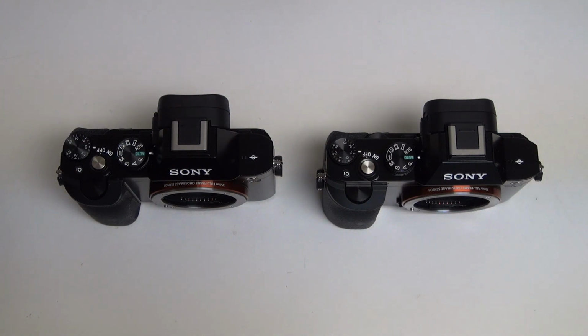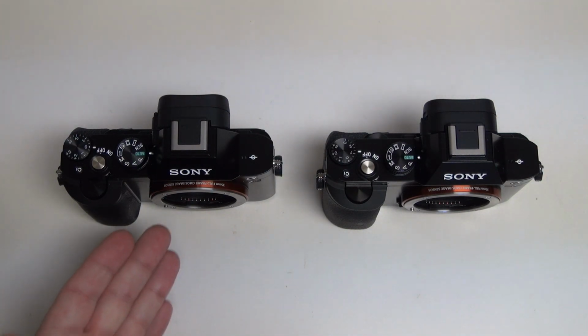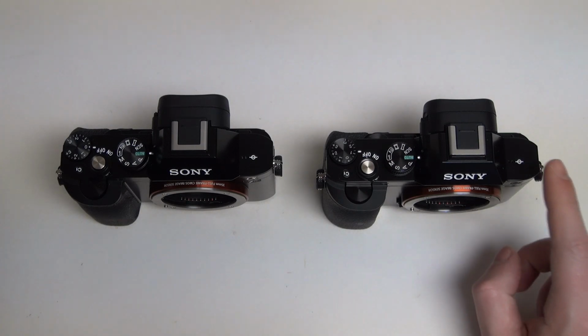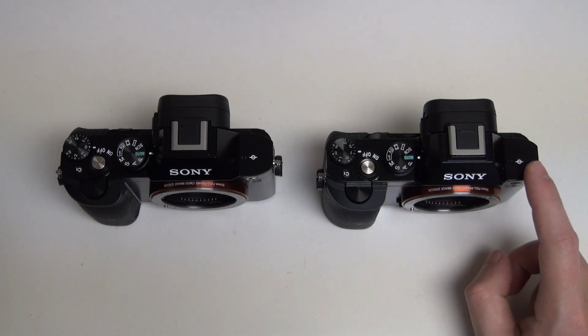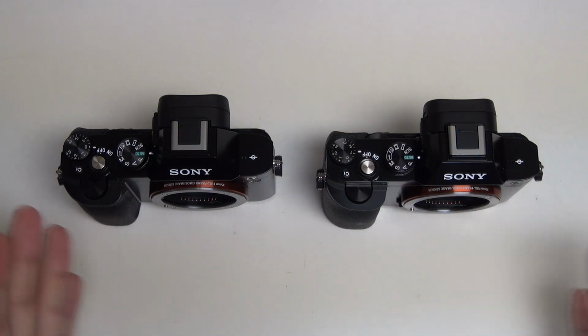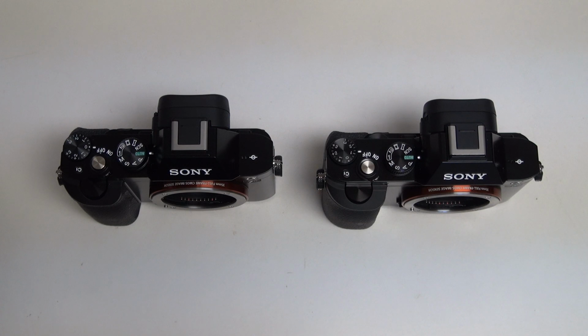The A7 also has hybrid autofocus under the hood. That's something the A7R does not. The R relies strictly on contrast detection for autofocus, whereas the A7, like much of Sony's NEX and now Alpha cameras, they're E-mount based cameras, of course, since these are both E-mount, something I neglected to mention, which is pretty critical,